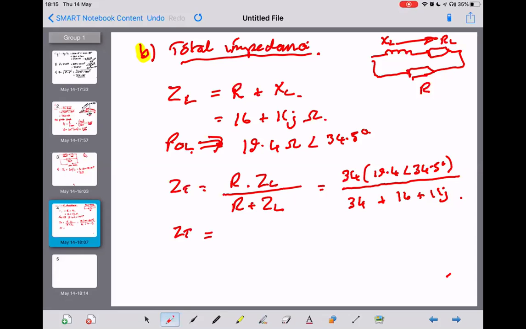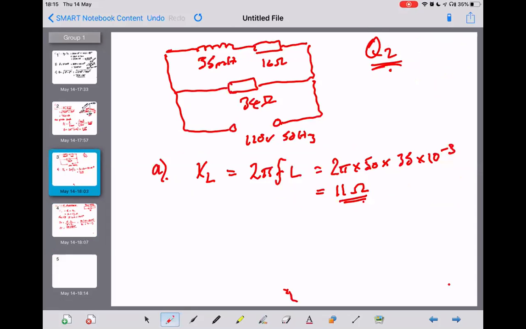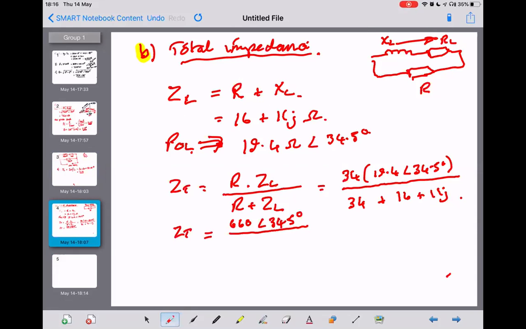On the top, I've ended up with 659.6, so 660, angle 34.5 degrees. And then down the bottom, we've got 34 and 16 is 50 plus 11J,